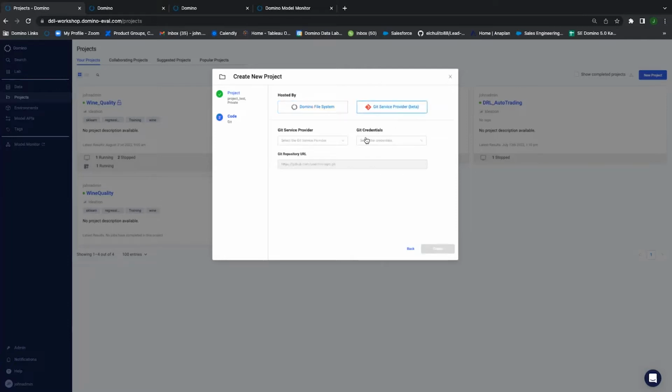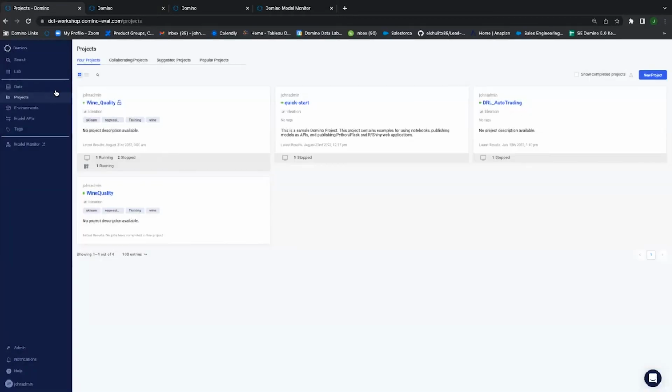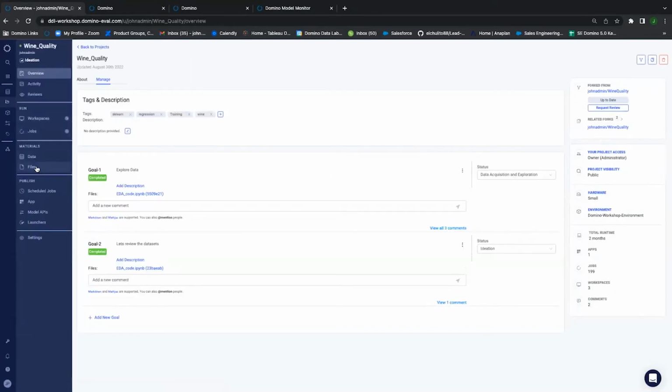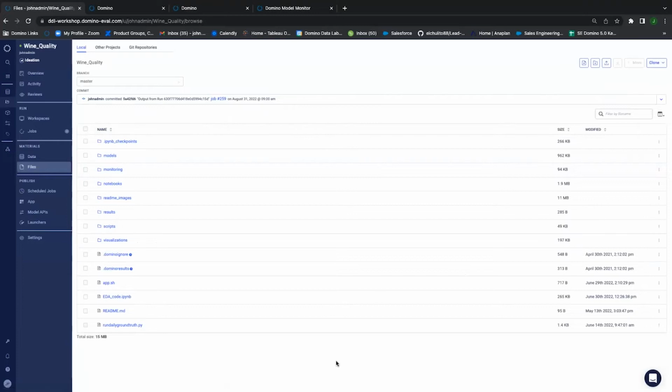If I select this option, for example, I have choices. I can select Bitbucket, GitHub, GitLab, or an external Git repo service as long as I have the proper credentials to connect to it. If I select any of these options and then click create, I'm going to go back to our project, and what you'll see is basically a file system that I have the accessibility to add files to and change files in, and whatever changes I make in that project would automatically be pushed back to the Git repo that you have set up for the project itself that you're working with.